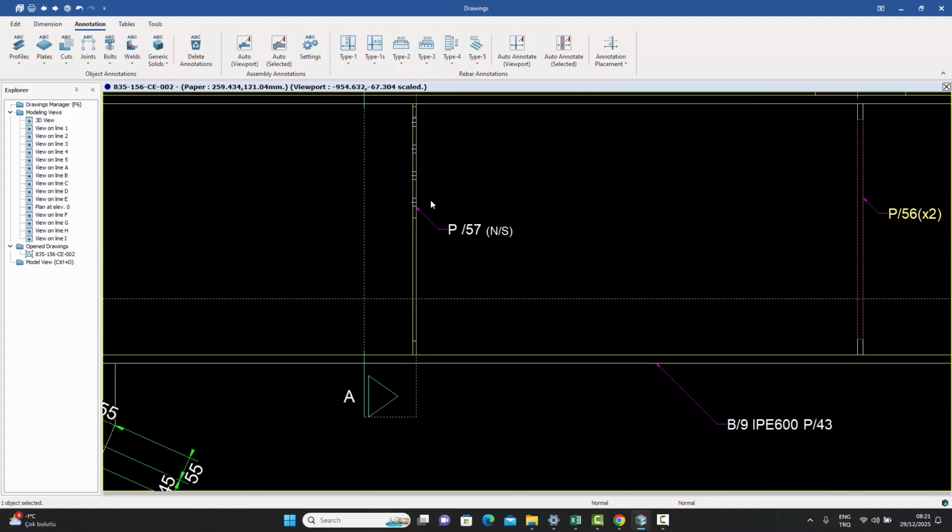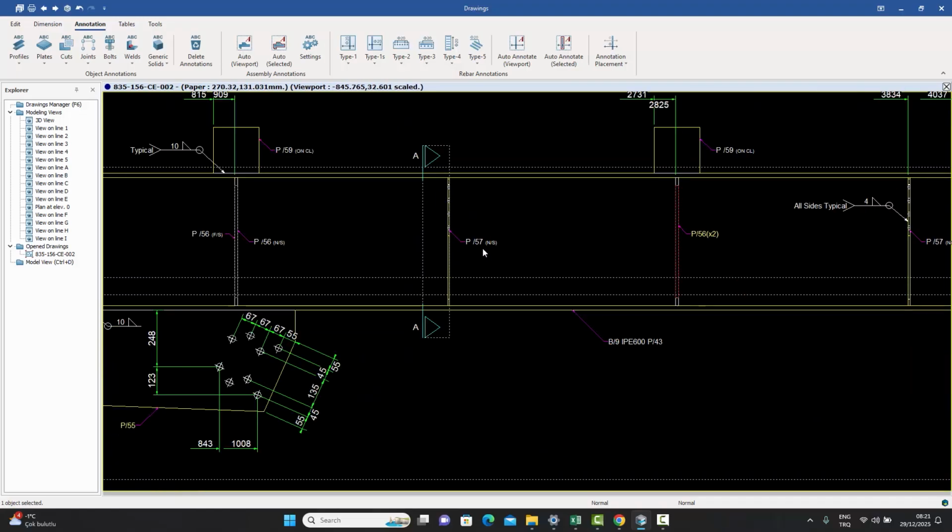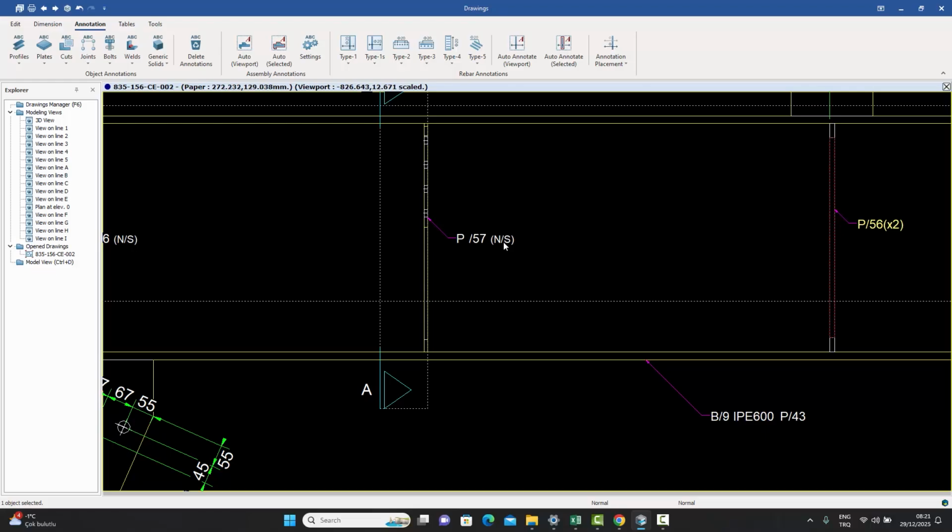So if we zoom in on that, we can see that we can get this type of an annotation saying near side. When you're looking at this beam from this view, this NS would mean you're looking at it from the near side. It's not on the other side of the beam. Now the same